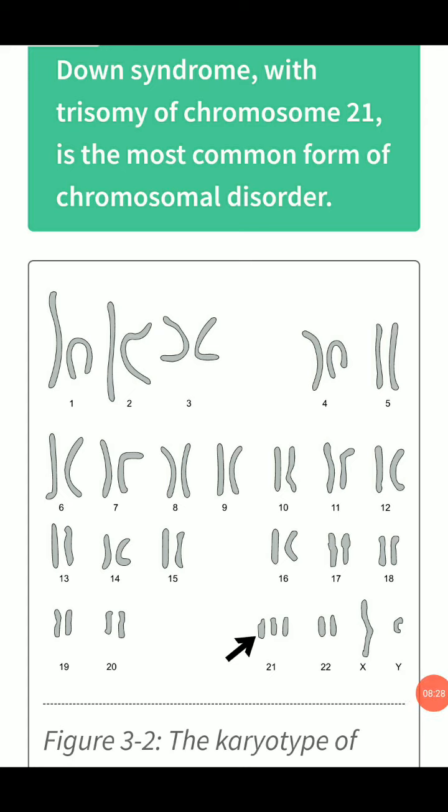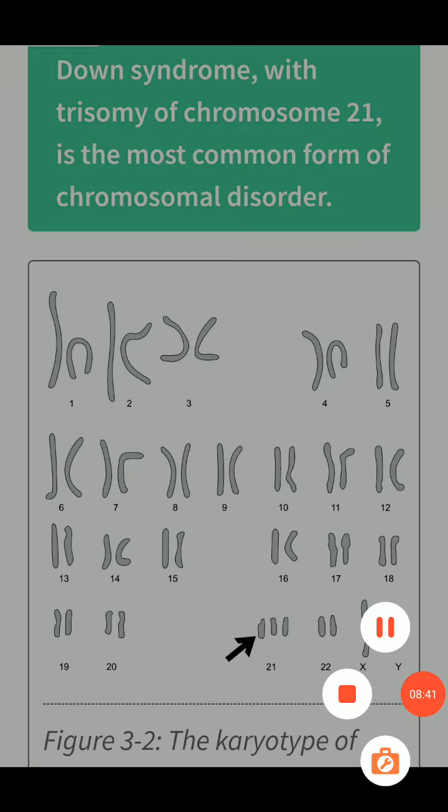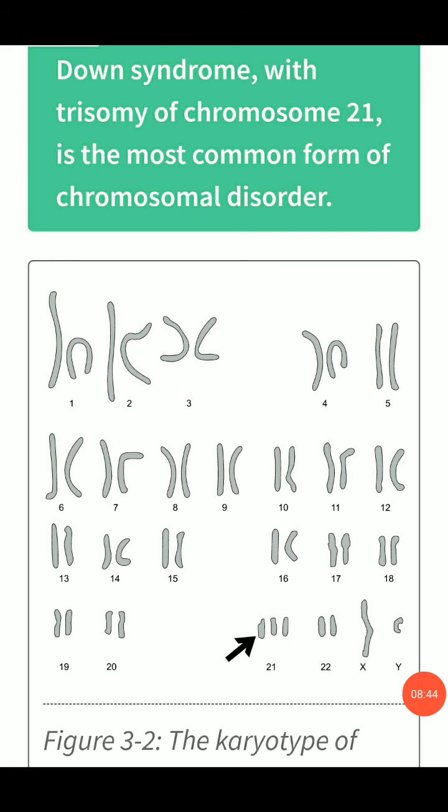Now children, you can see the karyotyping of the trisomy condition, that is Down syndrome, at the 21st position. In karyotyping we get the bands of chromosomes by which we can easily find whether monosomy or trisomy condition occurs. So easily we can see that at the 21st chromosome the trisomy condition occurs. That is why it is Down syndrome. And the other chromosomes you can see are normal.